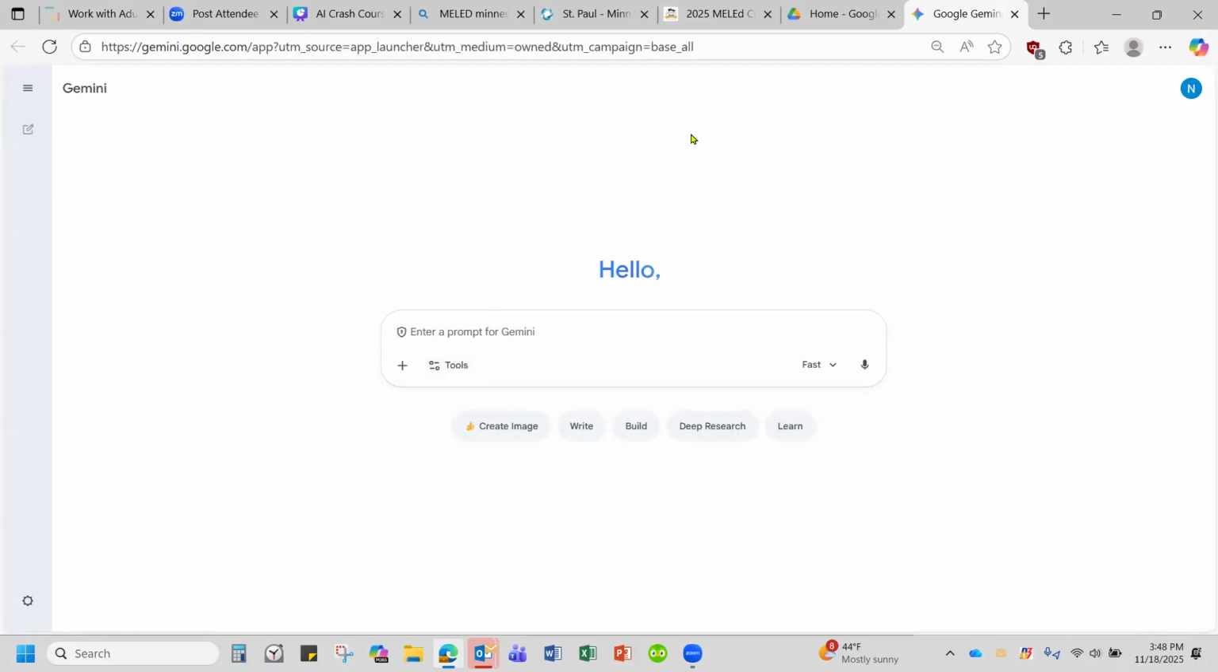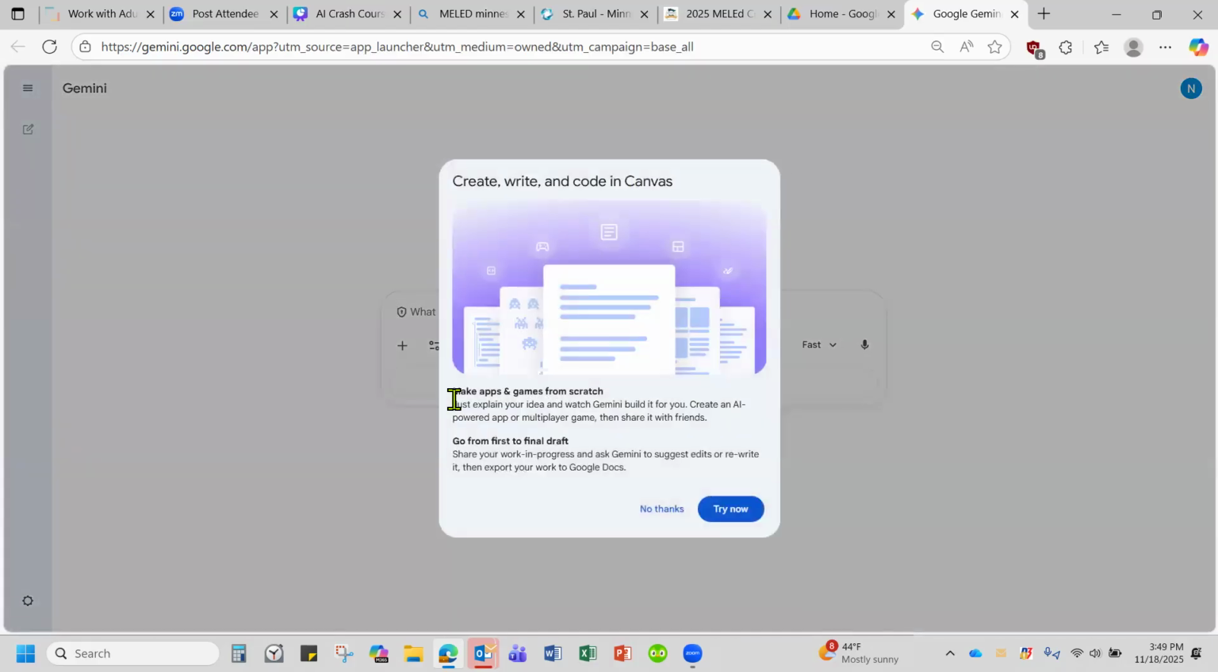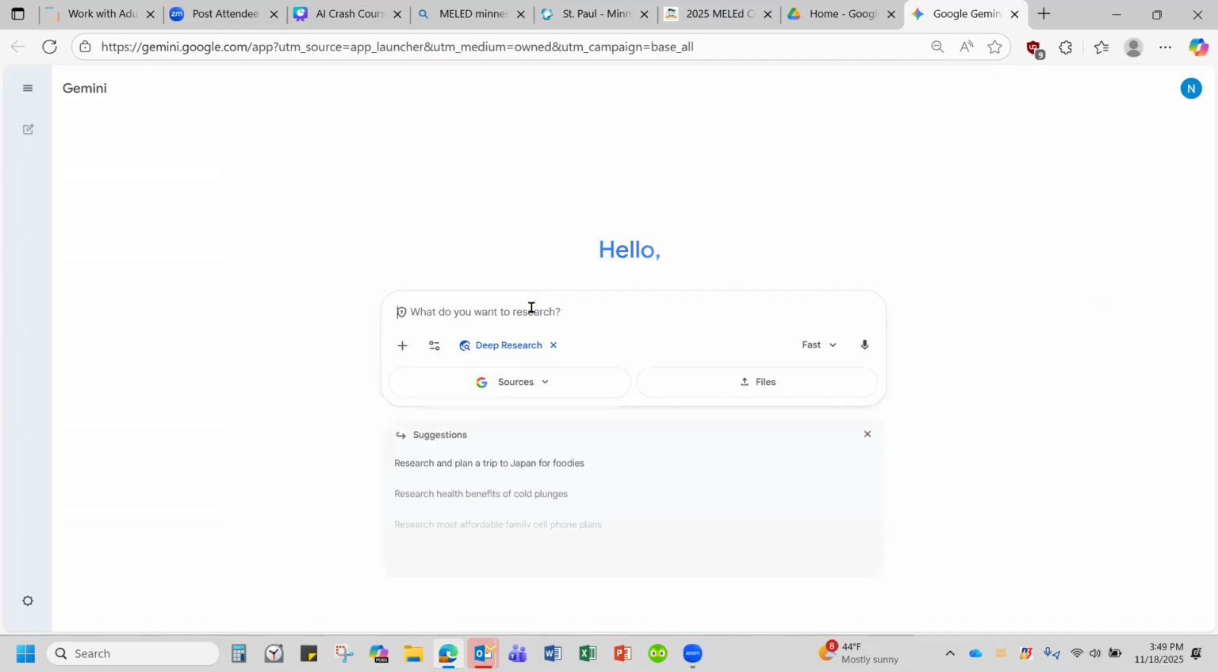And I've accessed Gemini. And what I'm going to do is to select deep research mode. I'm not going to make a game from scratch, even though the temptation is high. And I'm going to ask it, as soon as I move Zoom's stuff out of the way,